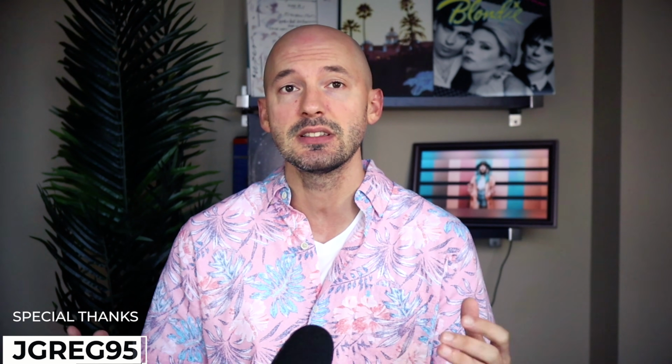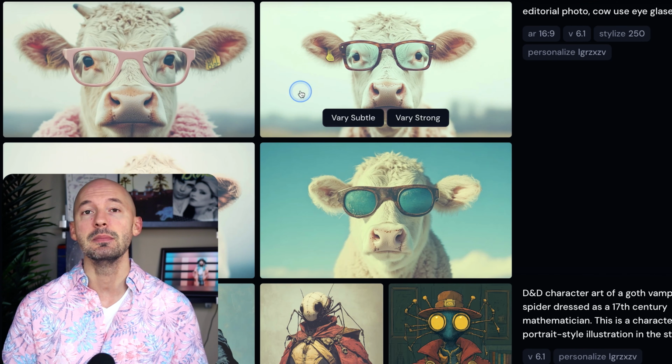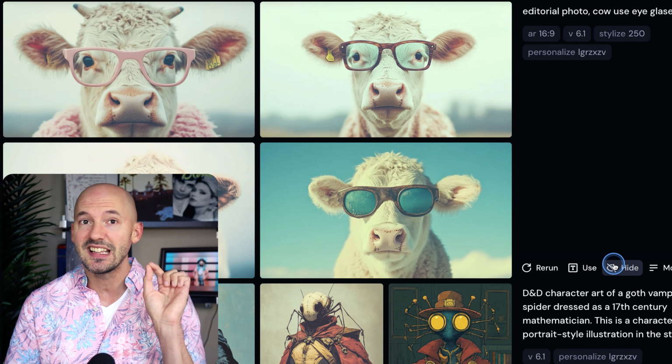Tip number 15, clean up your create page. I actually suggested this in my website wishlist video, but it turns out it's already possible. So special thanks to jgreg95 for pointing this one out. Albeit it's a little impractical, but you can hide individual images on the create page by avoiding this hide button